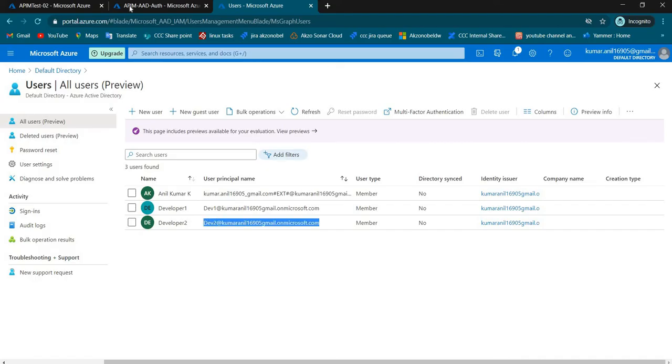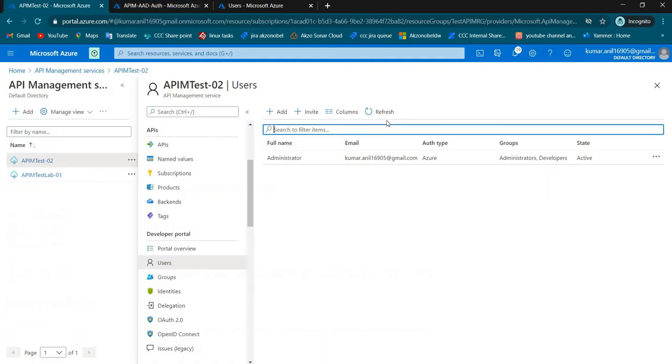Now check the user section on this. It created a user record with the email address and this name, right? It is the same as what I demonstrated for how to subscribe to a product and how to make the API call.